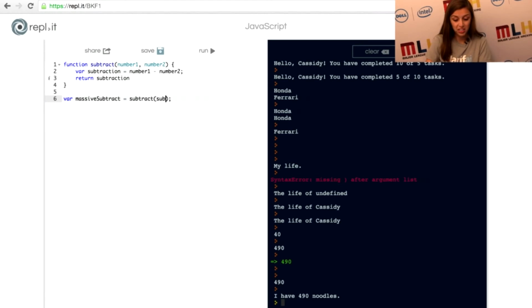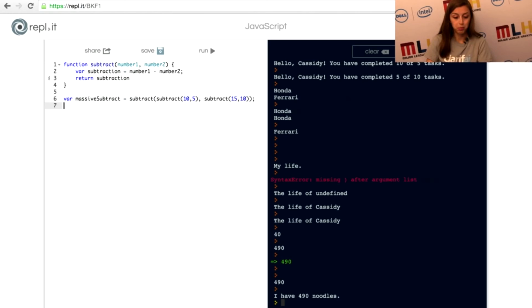So I'm going to call subtract of subtract, and then I'm going to do 10 and 5, and then subtract of 15 and 10. So we're taking subtract of 10 and 5, which is 5, and subtract of 15 and 10, which is also 5, and then those are the two values that are coming out of those two return values. Then I'm subtracting those two values from each other.